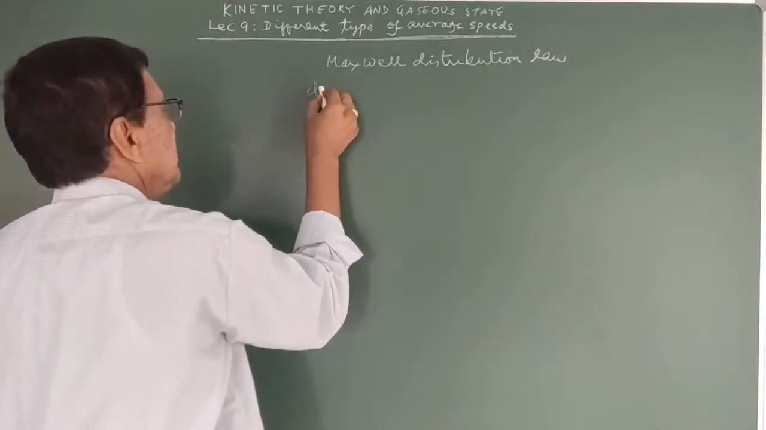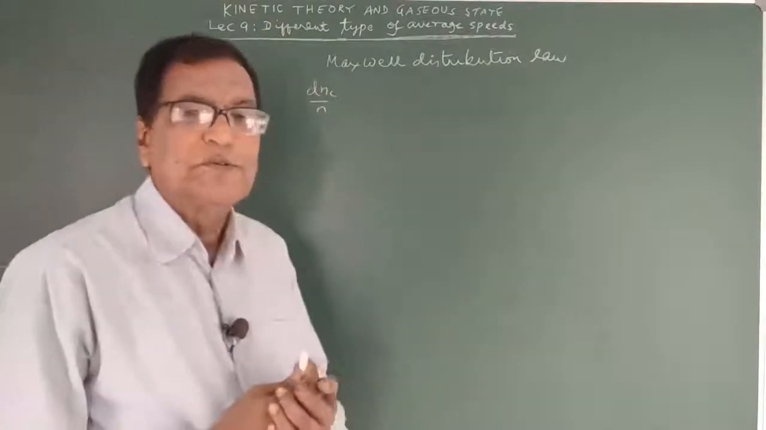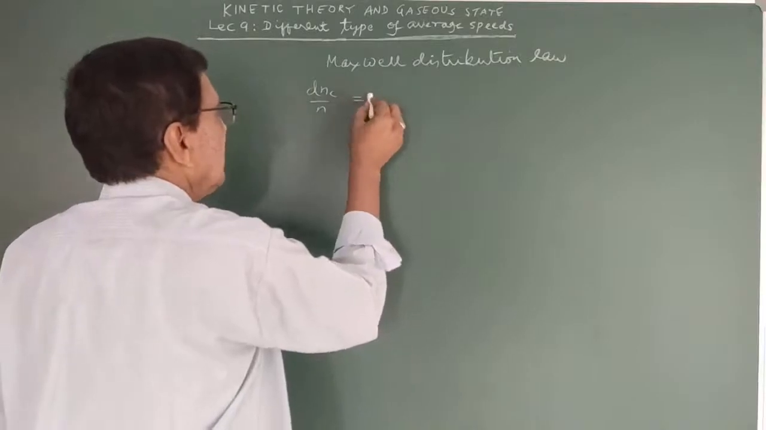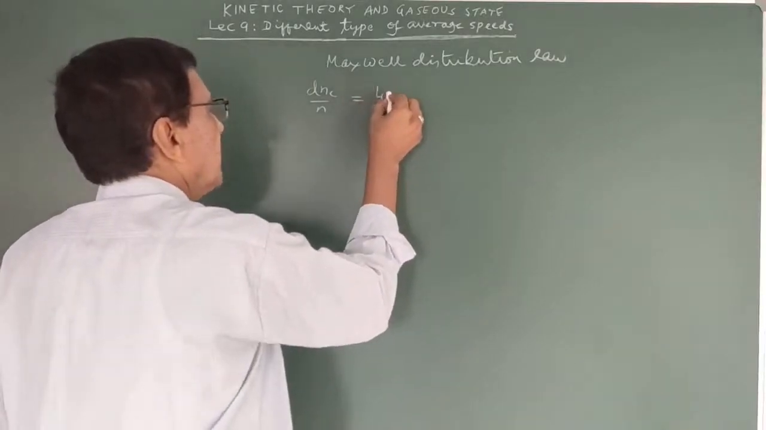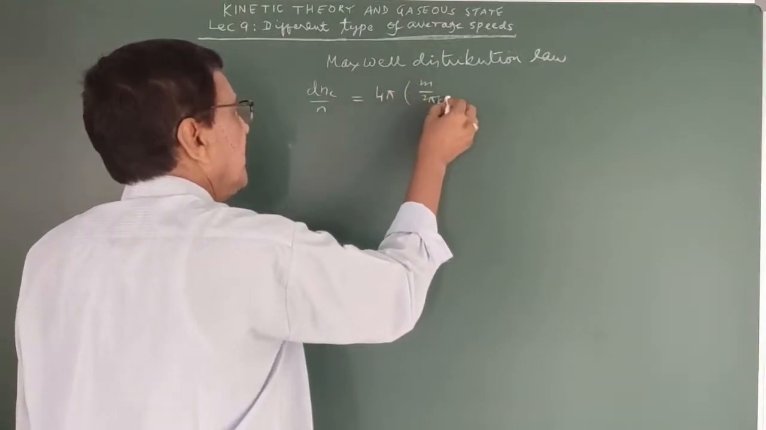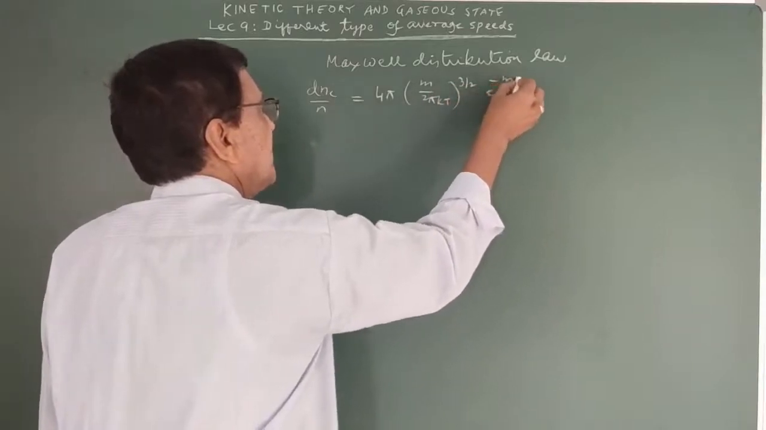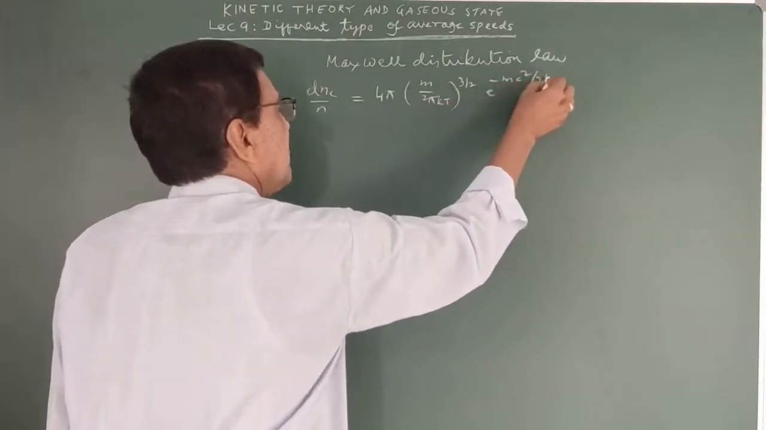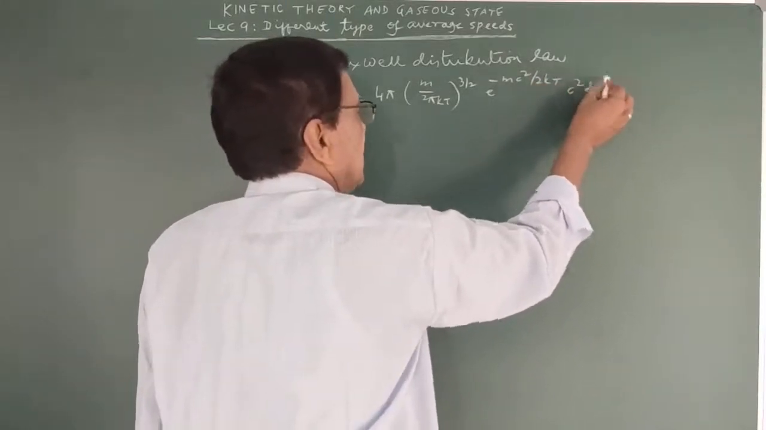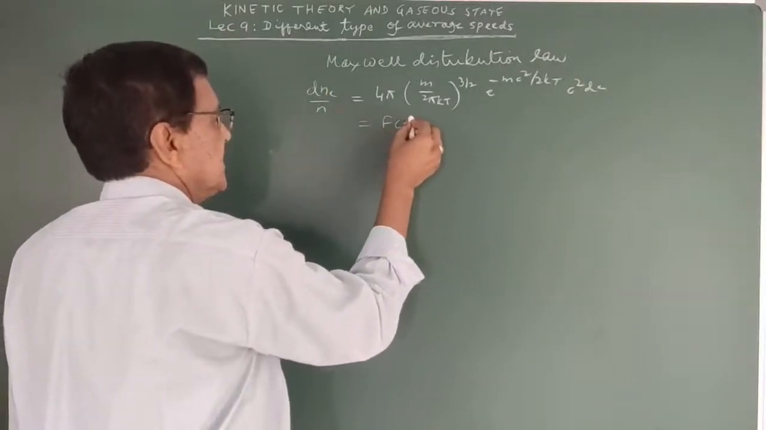Which is dN_c by N. It is the fraction of the molecules having the speed c within dc, and this is equal to 4π (m by 2πkT) to the power 3 by 2 e to the power minus mc² by twice kT, c² dc. That also we can write as f(c) dc,